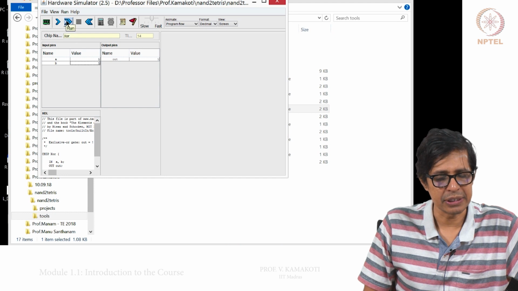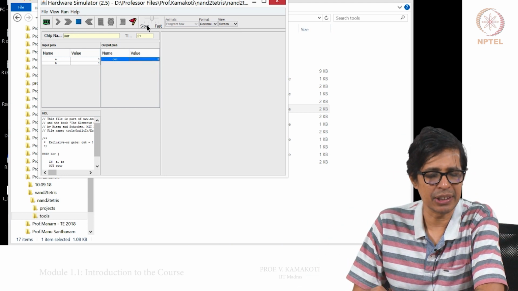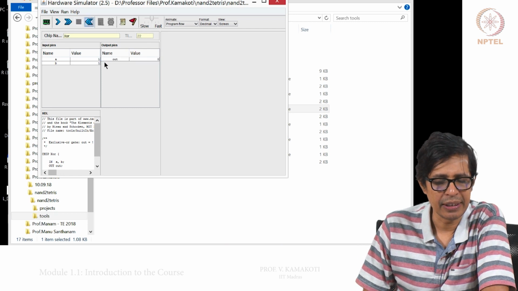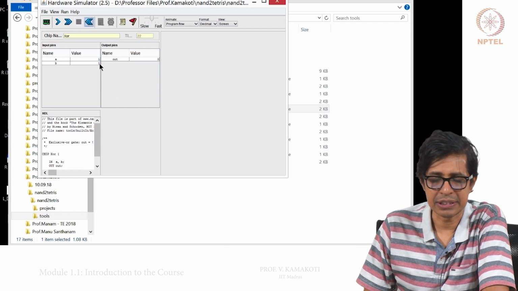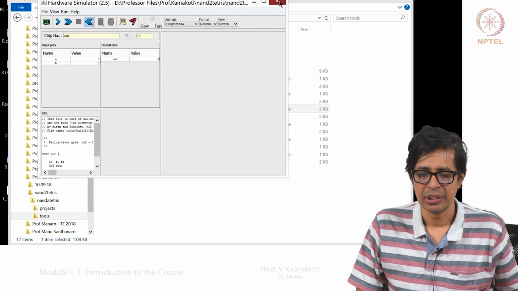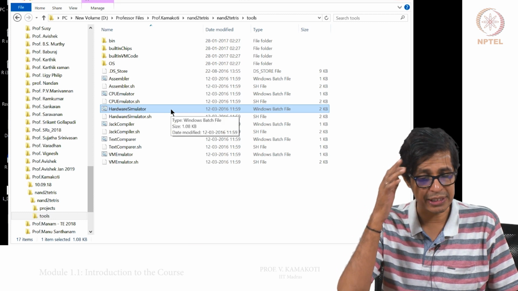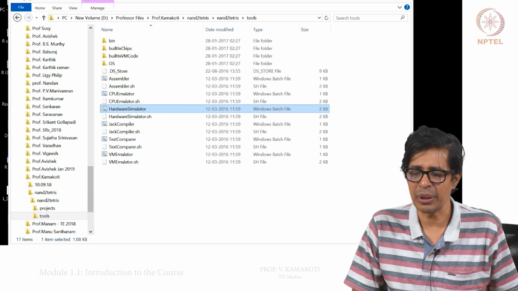Now press this run here, and check if the output is becoming 0. This is a very simple test that you can do to check whether your hardware simulator is working. Once you have done this, I think you have finished the installation of the software. It's very straightforward.